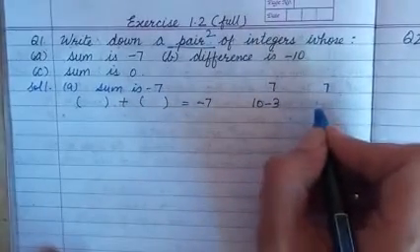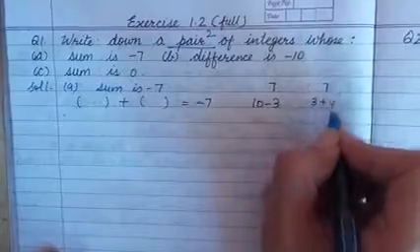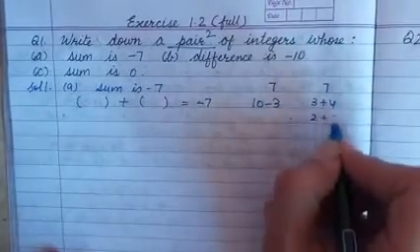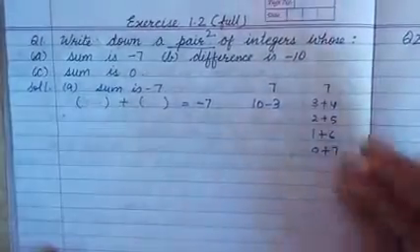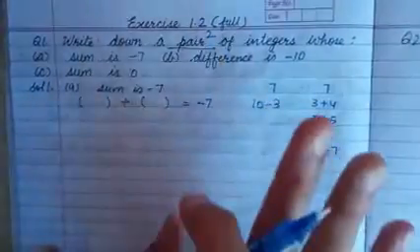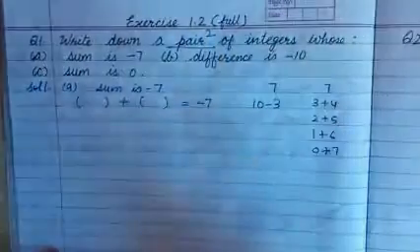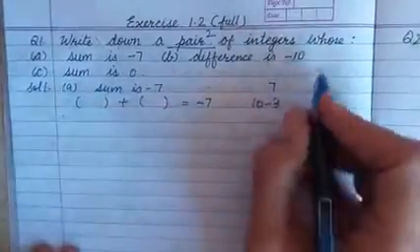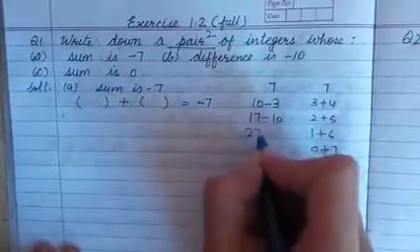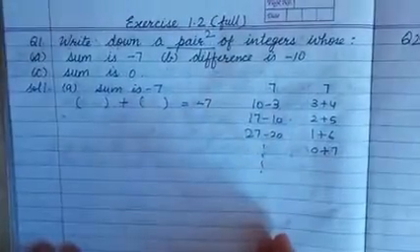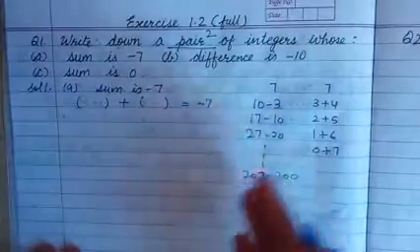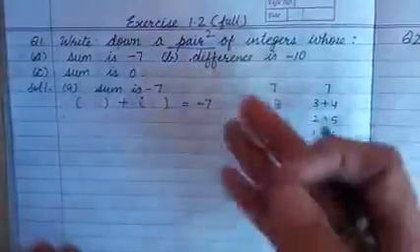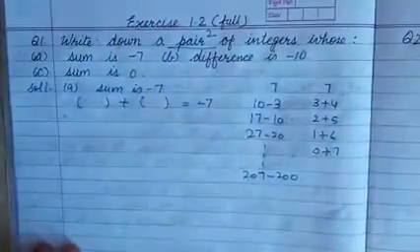7 can come when we are taking addition, that 3 plus 4, or 2 plus 5, 1 plus 6. So here we can take 0 plus 7. Here, a pair of integers they have asked, they have not specified positive or negative, so any such type of possibilities are there. And for subtraction we can take 17 minus 10, 27 minus 20. Infinitely many possibilities are there. 207 minus 200. Like this you can subtract any two integers, many integers are there where you can get the difference as 7. So now let us see both the cases.